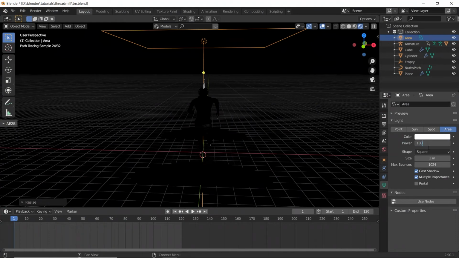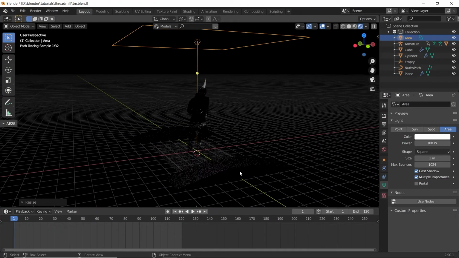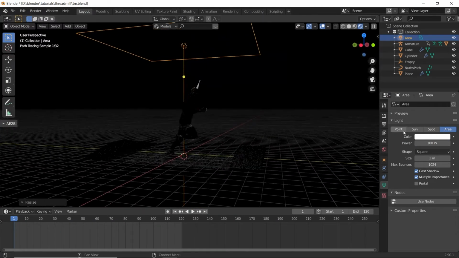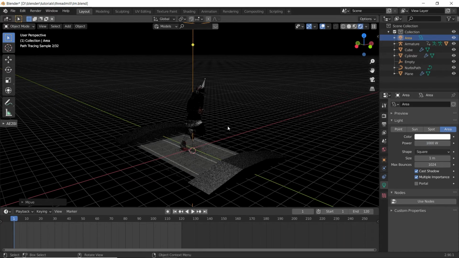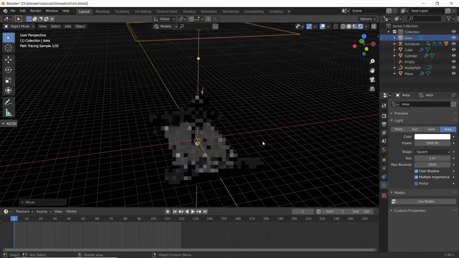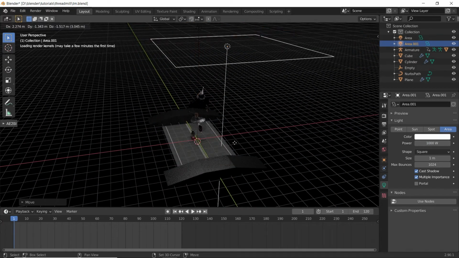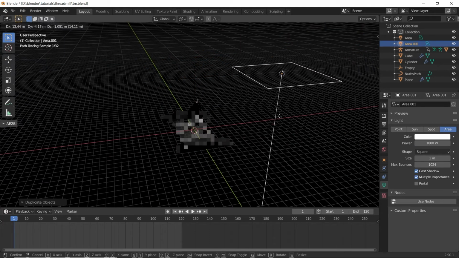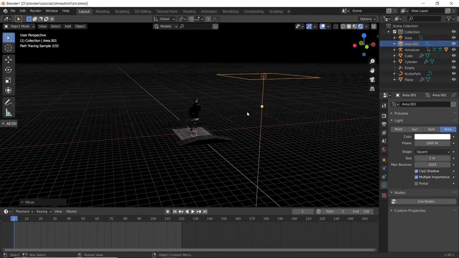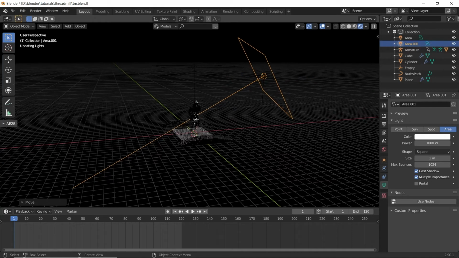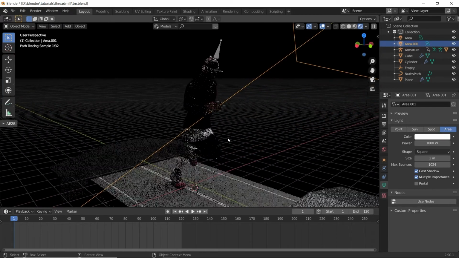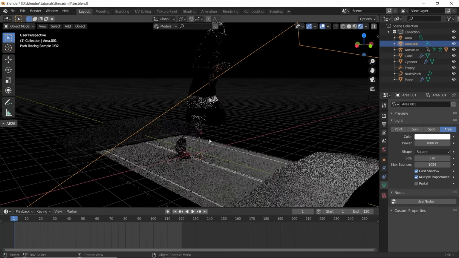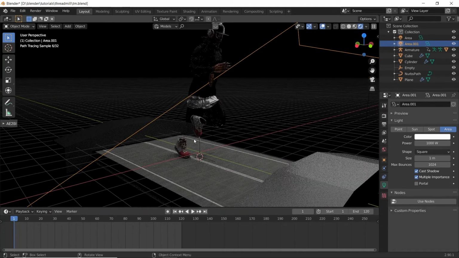Increase the power. Okay, 1000 is fine. Now duplicate this light, place it here. Okay, this is nice. See, we can't see some parts here.